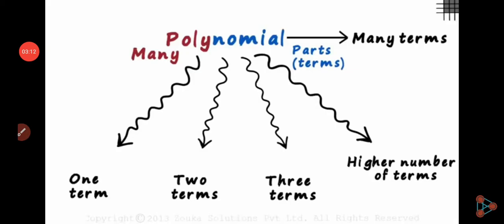Now let's see what is polynomial. Polynomial means many terms. First, if there is one term, then we tell it's a monomial. If there are 2 terms, then we can tell it's binomial. If there are 3 terms, then we can tell it's trinomial. And more than 3 terms, then we can say that is polynomial. But it's wrong. Monomial, binomial, trinomial and so on, all together are called polynomial. Understand?